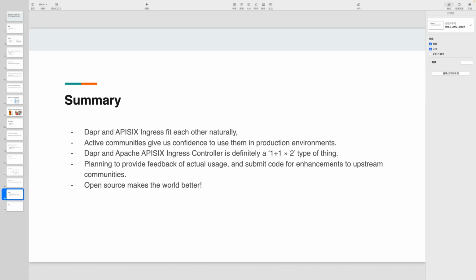Okay, now is the summary part. First, Dapr and APISIX Ingress fit each other naturally. When integrating them, we are not sacrificing any of their advantages. The second summary is active communities give us confidence to use them in